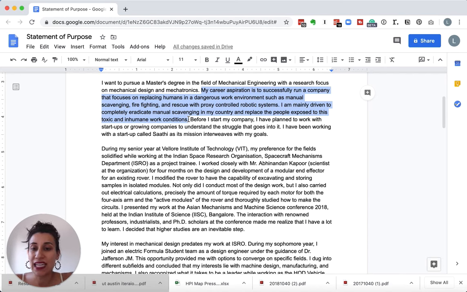Like in my country, thousands of people are exposed to terrible health problems, like blah, blah, who are dependent on these types of jobs to make ends meet. And then start out with that as a story where you're explaining to the reader, what is it like? I don't know what it's like to be in a scavenging environment. I don't know what it looks like to be in an environment that is dangerous, with dangerous chemicals and things like that. So I would have this person paint a picture, like explain one of these environments. What does it look like? What does it smell like?